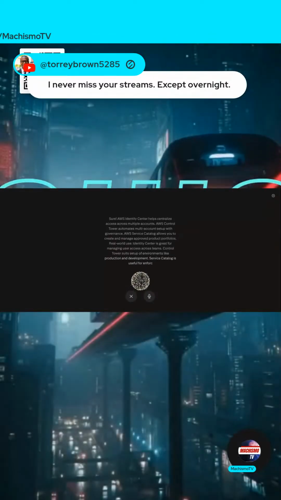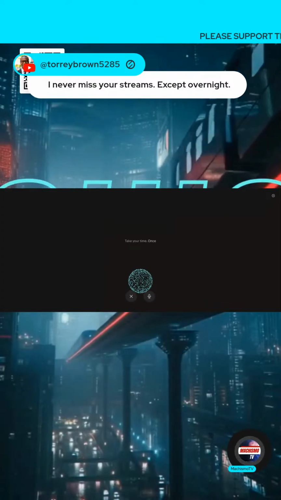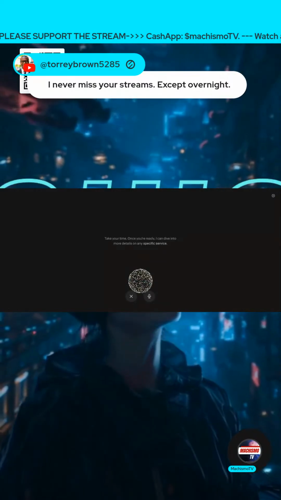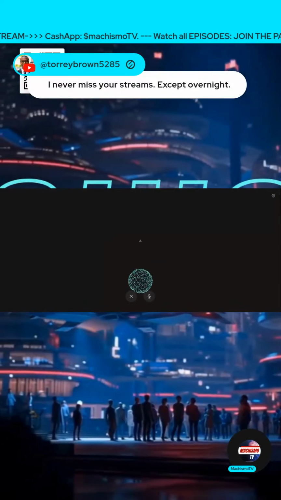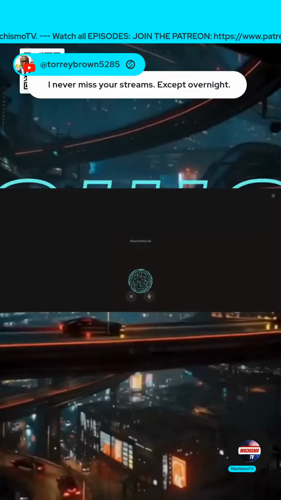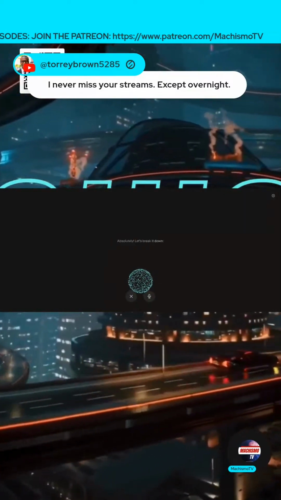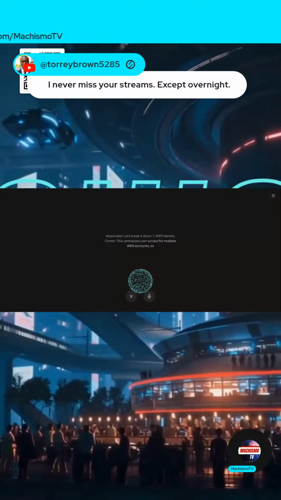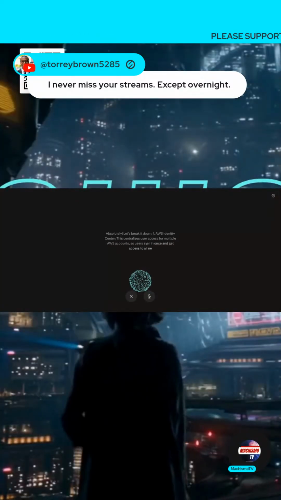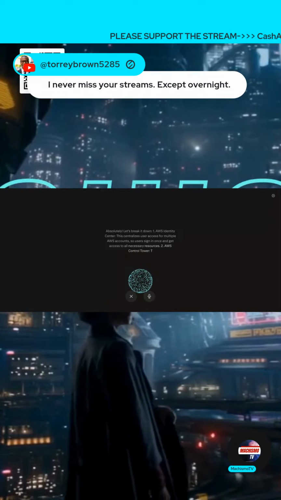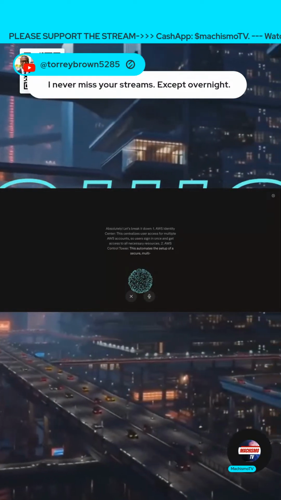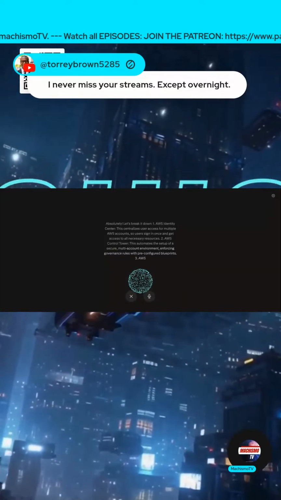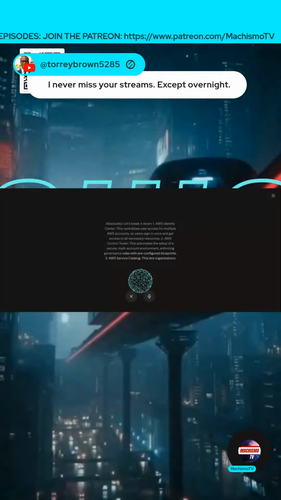Take your time. Go over that again for me and give it to me in more detail. Absolutely. Let's break it down. 1. AWS Identity Center. This centralizes user access for multiple AWS accounts, so users sign in once and get access to all necessary resources. 2. AWS Control Tower. This automates the setup of a secure multi-account environment, enforcing governance rules with pre-configured blueprints. 3. AWS Service Catalog. This lets organizations create and manage catalogs of approved services and products, ensuring teams use consistent